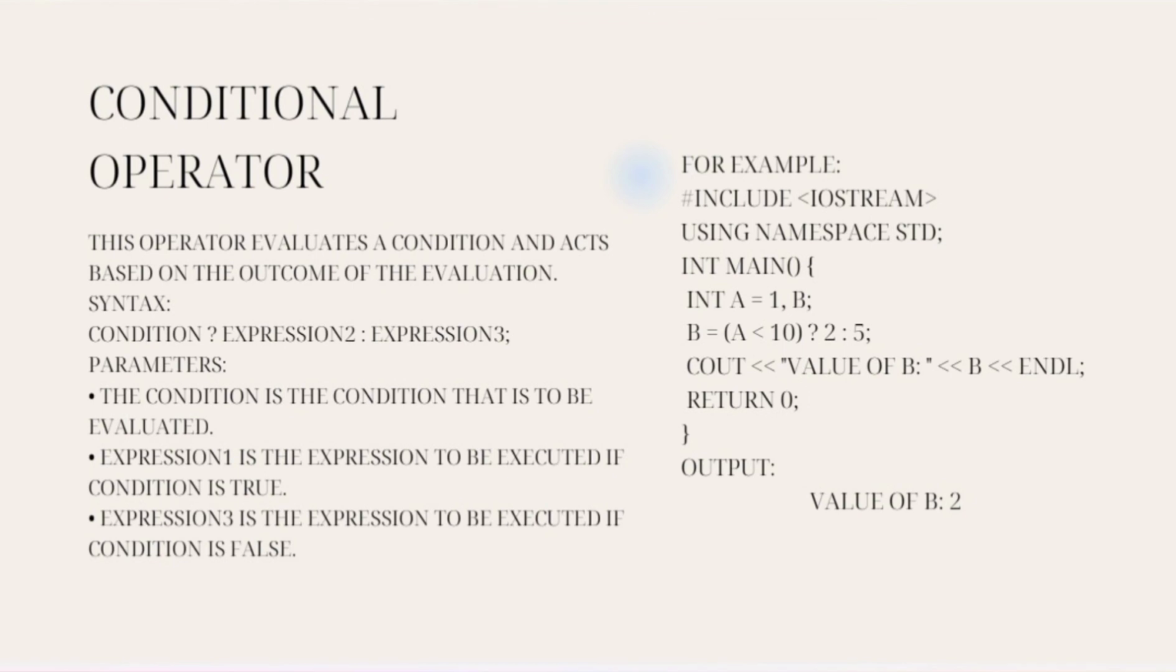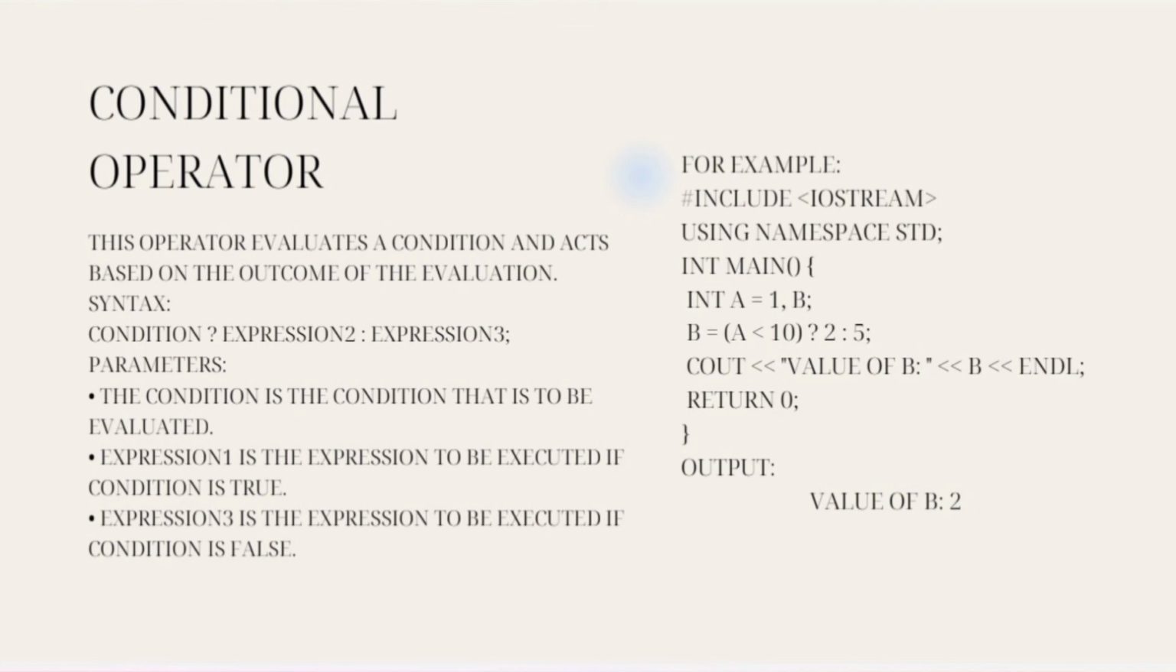Conditional operator. This operator evaluates a condition and acts based on the outcome of the evaluation. Syntax: condition ? expression 2 : expression 3. Parameters: the condition is the condition that is to be evaluated. Expression 1 is the expression to be executed if the condition is true. Expression 3 is the expression to be executed if the condition is false. For example,